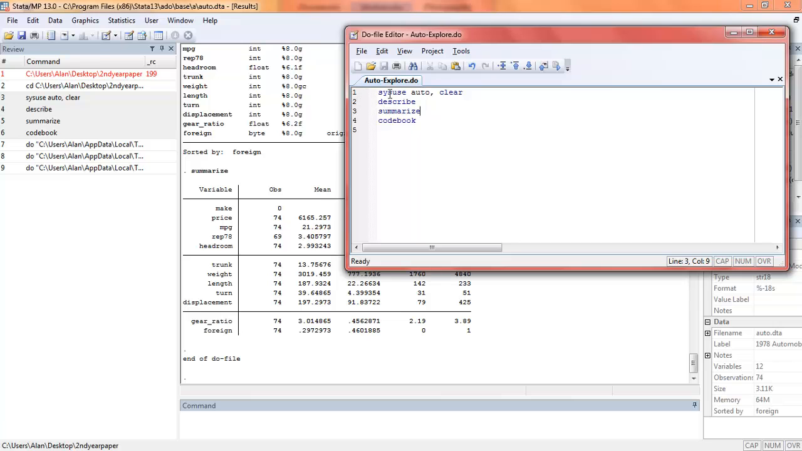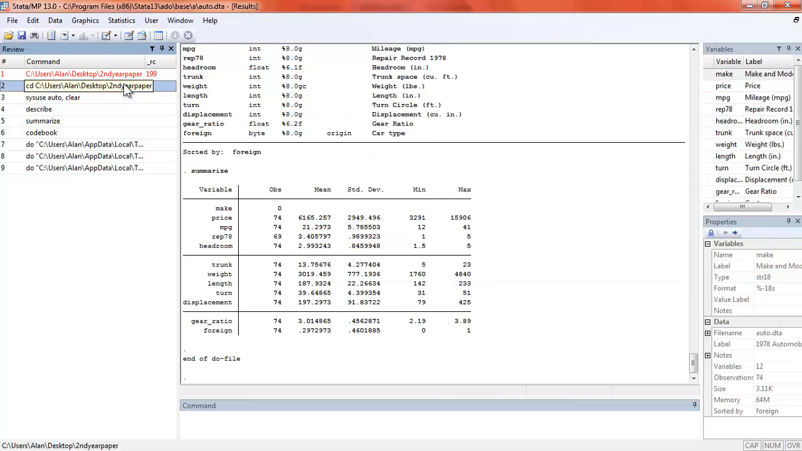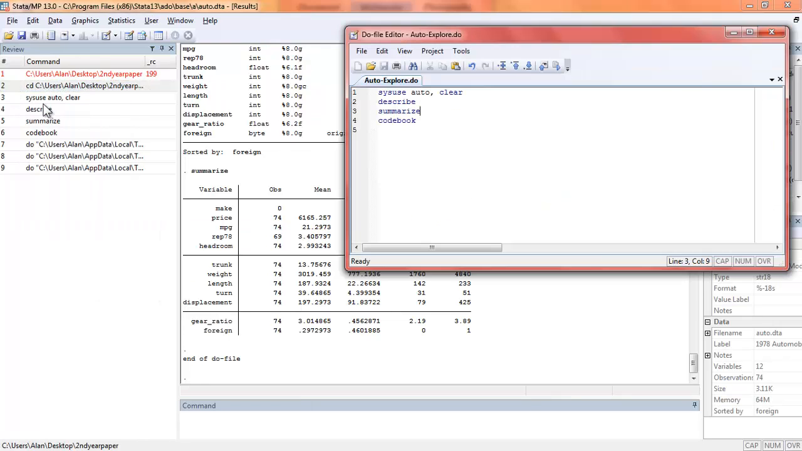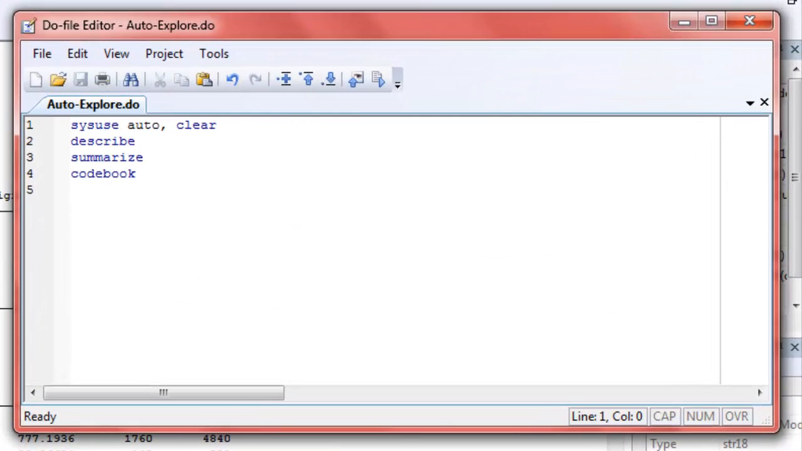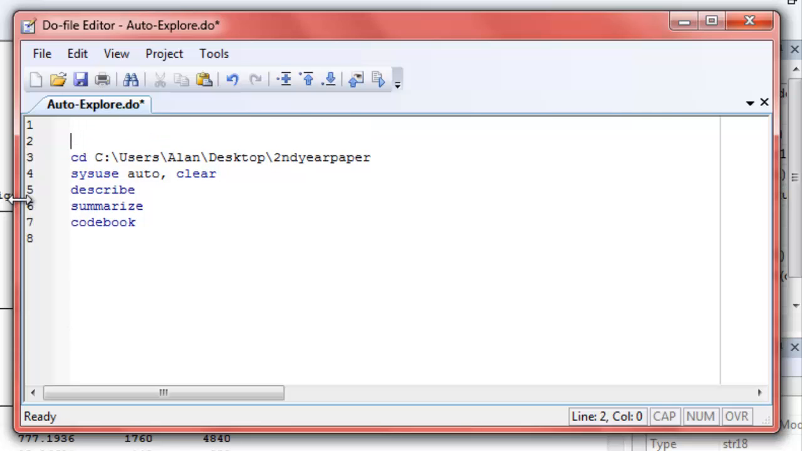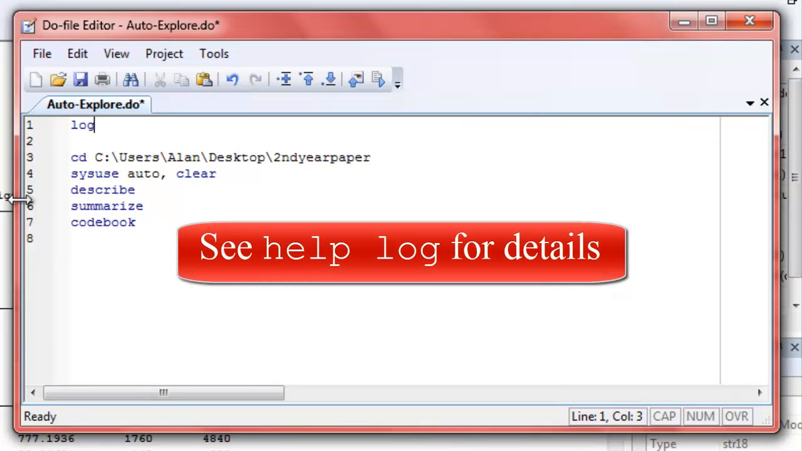I'm not quite done yet. I need to go back and get this command, the change directory command, and add that. And then the last thing I want to do is turn my log on because I want to make a record of this. So I'm going to say log using